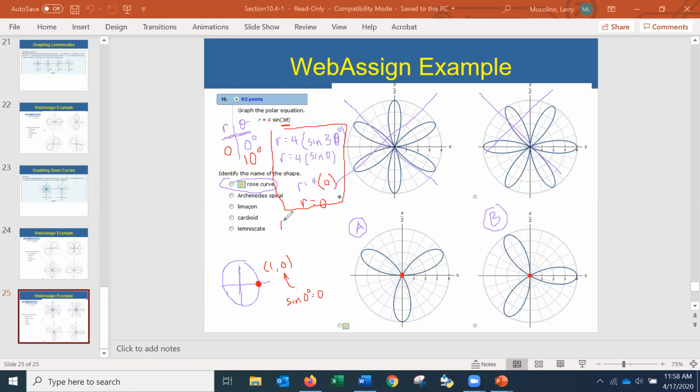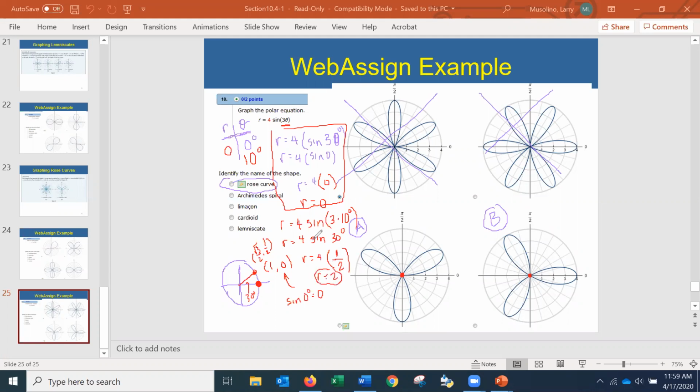So I'm going to work out r equals 4 times sine 3 theta, but we're using theta equal 10 degrees. So that's going to be r equals 4 sine 30. Anyone remember sine of 30 degrees? If I come over here to the unit circle, at 30 degrees, you might remember this dot is square root of 3 over 2 comma 1/2. So the sine of 30 is 1/2, right?